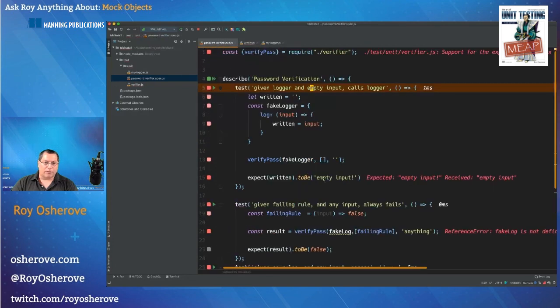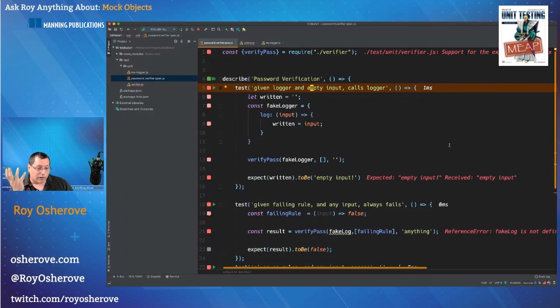Let's show that, this is an example. Oh, by the way, there are some isolation frameworks, or people call them mocking frameworks, but a lot of them are being used for creating stubs as well. So I call them isolation frameworks, and they exist for practically any language. But specifically in JavaScript, I haven't found a lot of frameworks that I really like.